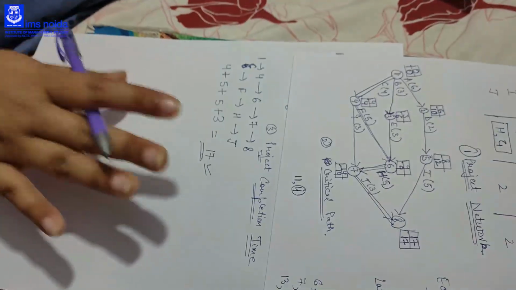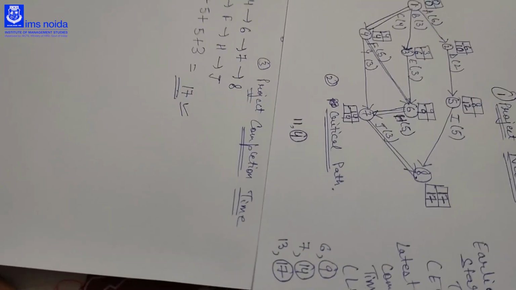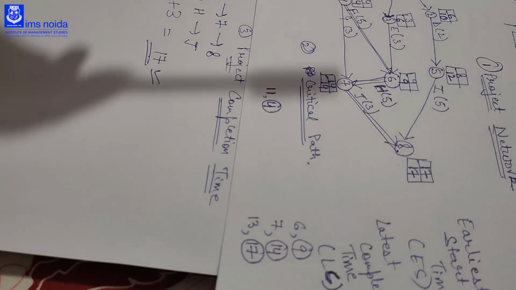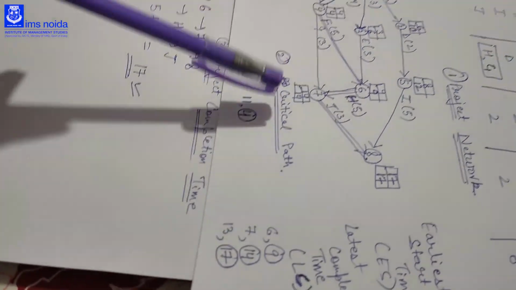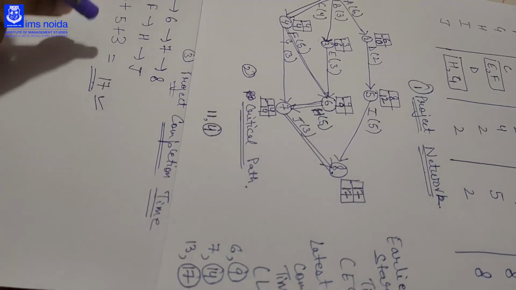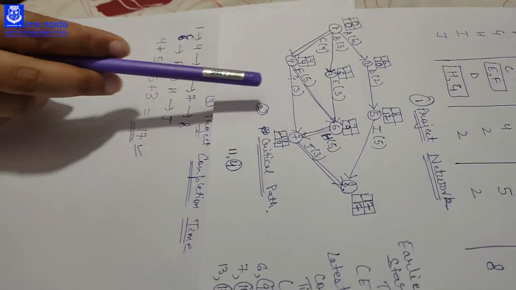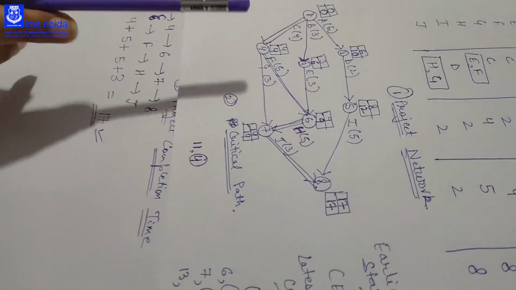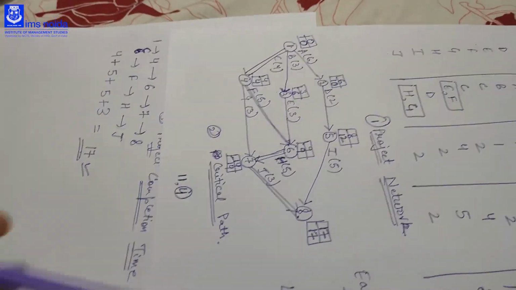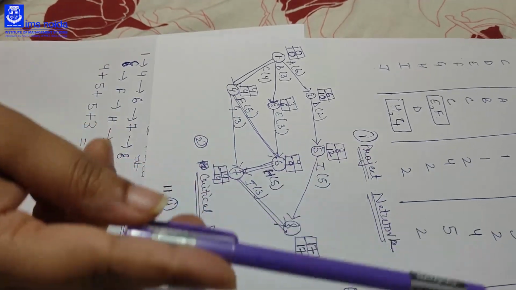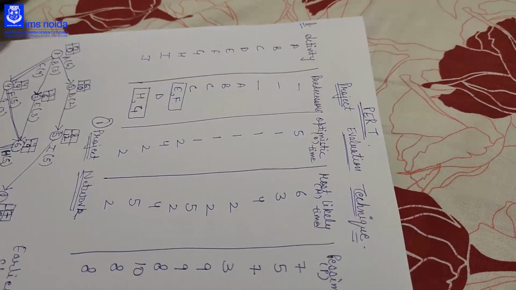The both questions are similar, CPM and project evaluation technique. The difference is only that the way to make the network is similar, the way to find out the critical path is similar, the way to find out the project completion time is similar. The difference is that in CPM method we get the duration directly, it is given in the question directly, but in project evaluation technique method we have to find out the duration with the help of optimistic time, most likely time, and pessimistic time. And I have already mentioned to you the formula to find the mean duration.